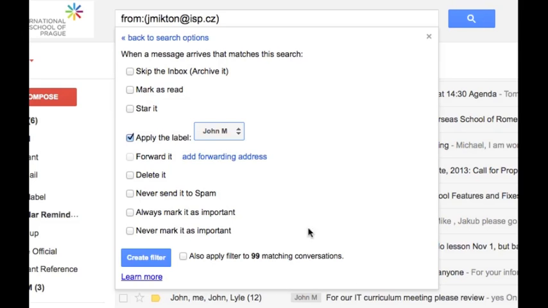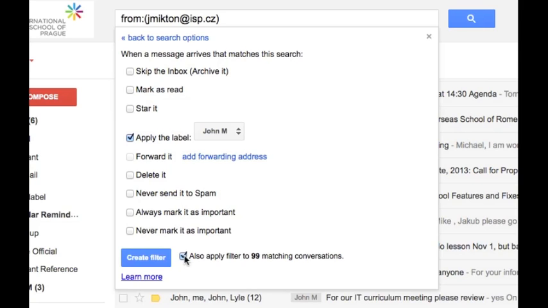This is an interesting little feature down at the bottom here where you can apply the filter to existing conversations. So you can see if I check this box, it won't only apply the filter to any future email that I get, it will actually go back through my email and apply that filter to any existing emails which match the search that I created a moment ago. This is super useful if you're trying to organize an existing inbox which is out of control. So you can apply these filters and it will actually go back into the past and organize your existing email,